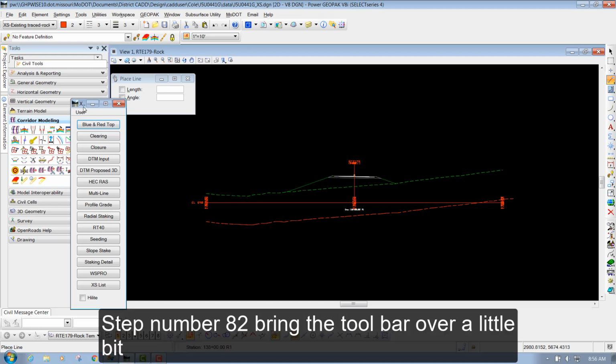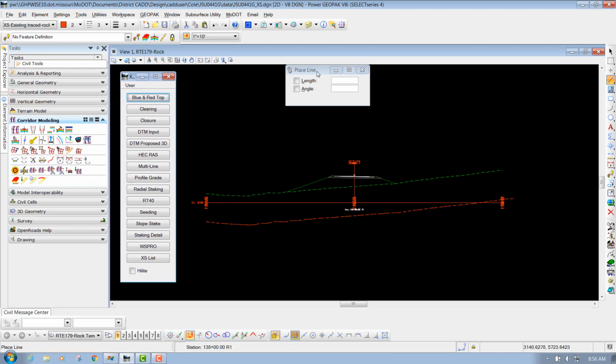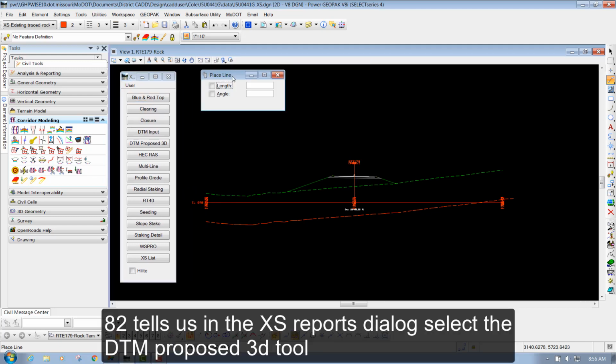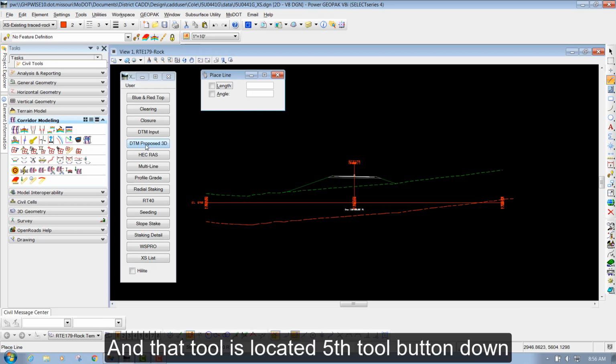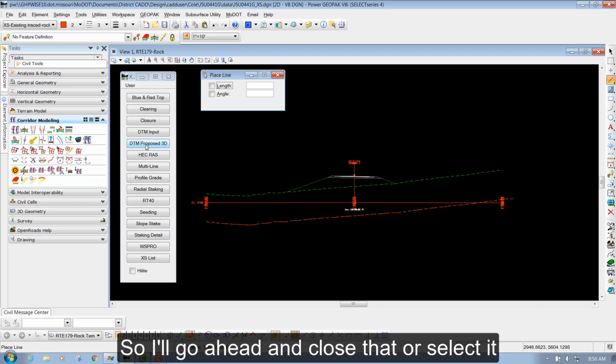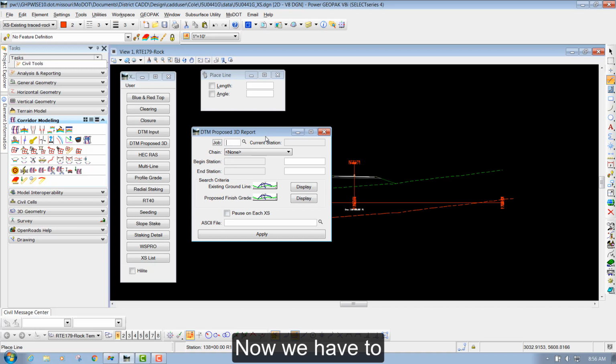Step number 82, bring the toolbar over a little bit. 82 tells us in the Excess Reports dialog, select the DTM proposed 3D tool. And that tool is located fifth tool button down. So we'll go ahead and select it. Now we have to